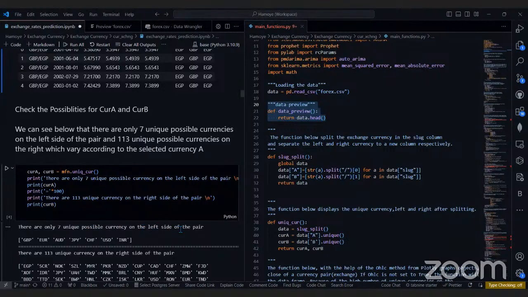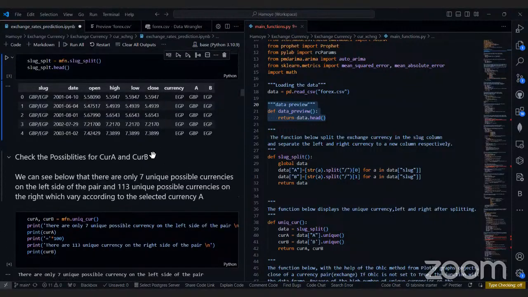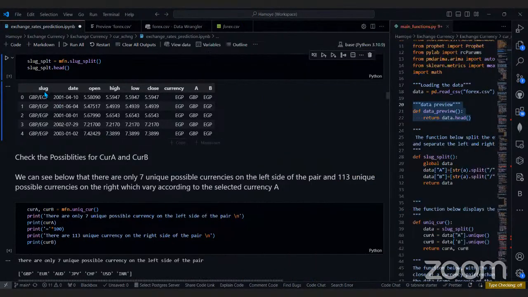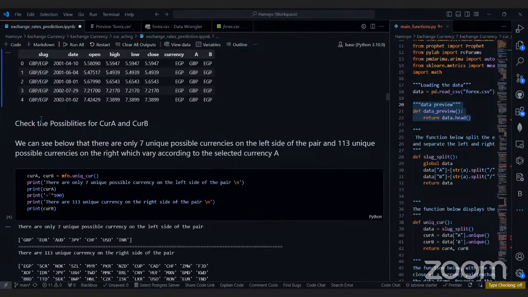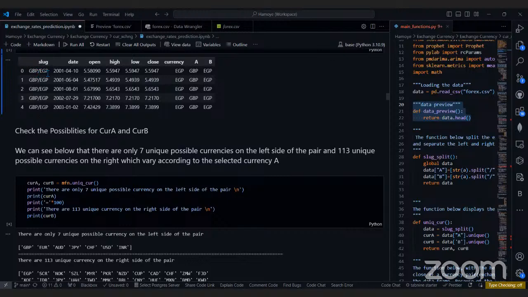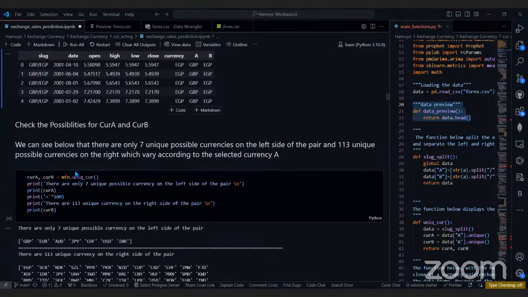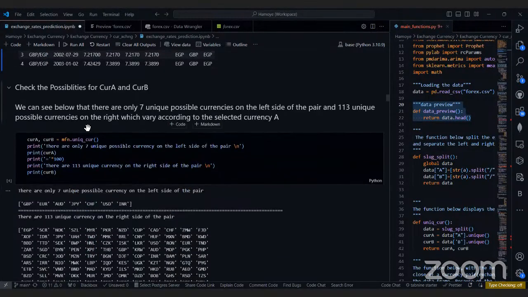Okay, please, I just want you guys to follow my thought process. Now, look at this column slug, right? Let me shift this a bit to come back to this. These are exchanges, right? So because we have Egyptian pound to Egyptian, doesn't necessarily mean that in this data set we have probably Egyptian pound to, let's say, Indian rupee.